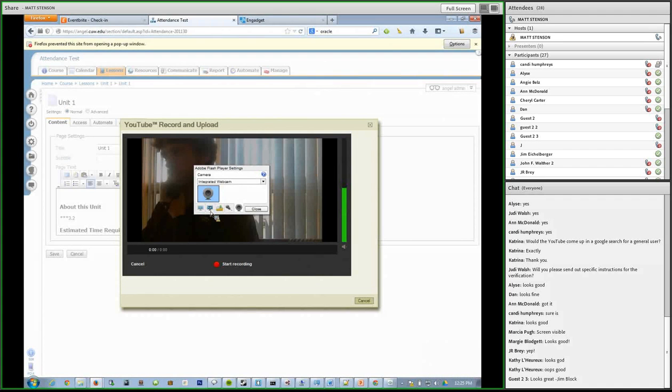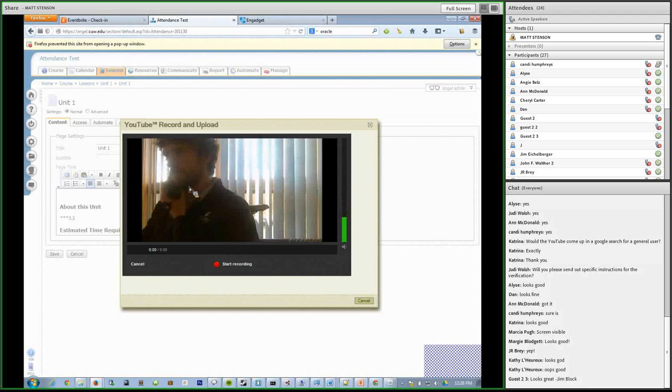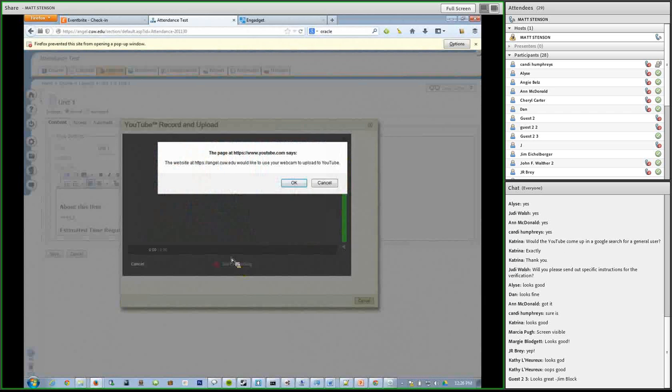And now you can see that the Start Recording button has changed to a Stop Recording button. The timer is running here to show me how long I have recorded. And I'm recording my video at this point. So once I'm done recording, I can click on Stop Recording. And then I can choose Upload. Now I can also preview the video that I recorded here by clicking on the play button here, and I can check it and make sure that my audio recorded well and that I said what I wanted to say. So I'll go ahead and click on Upload,